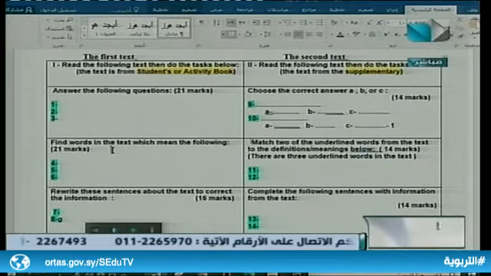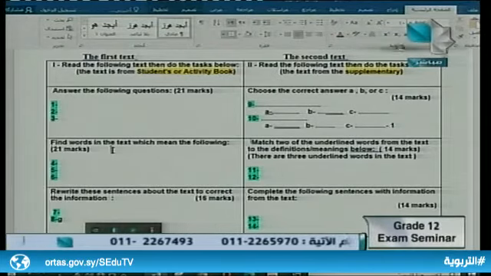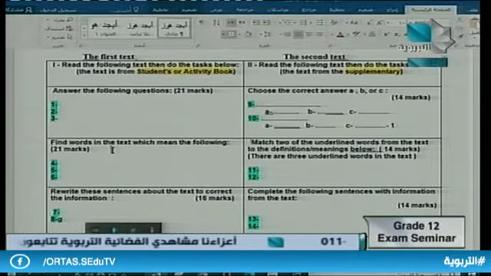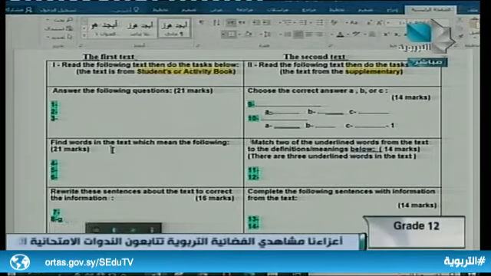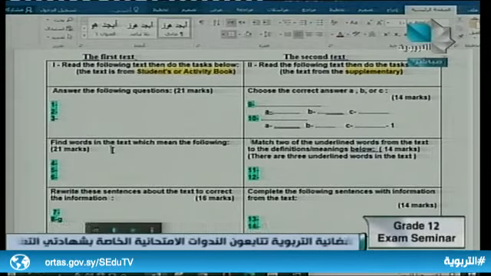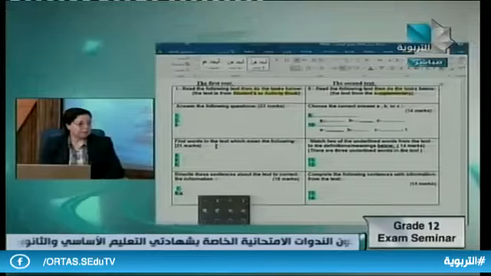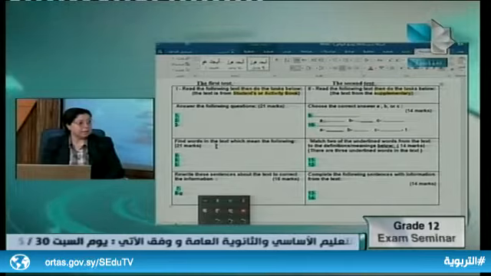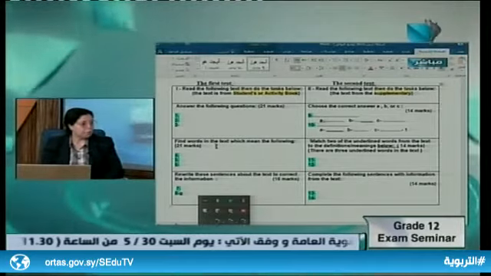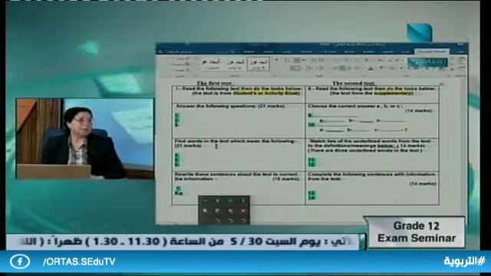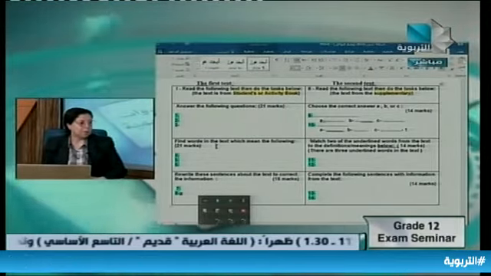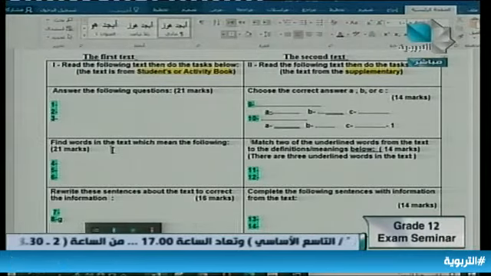Of course, the text is from either the student book or the activity book. So then they have a long passage. Yes, the first text is from the student book or activity book. Yes, for sure. Then, after they read the text and comprehend it and understand it in general, I'm sure they are going to understand it and remember this text, because their teacher once told them about it, and they had done a lot of activities about it.